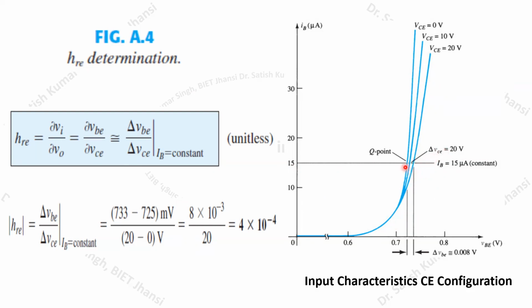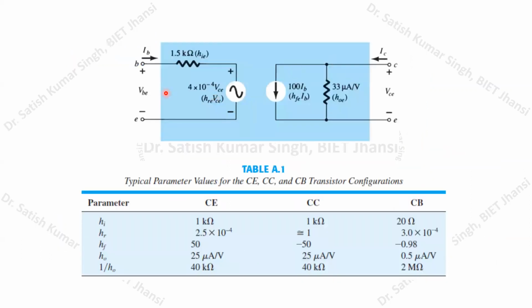Correspondingly, you drop this line to the x-axis, and here you will see the change in delta VBE. This way you will be able to calculate this ratio. That ratio comes out as 4 into 10 to the power minus 4. So this way you have to calculate these values, and later on you can write these values in this particular